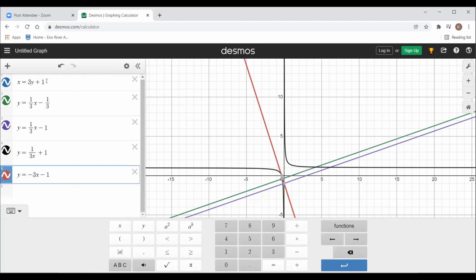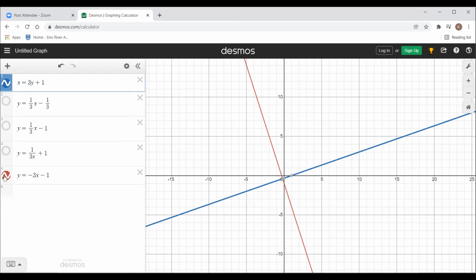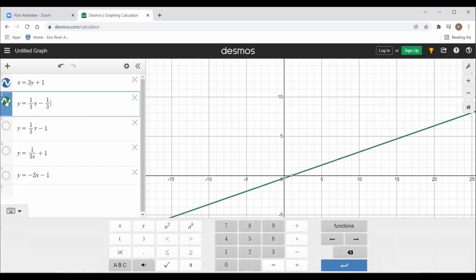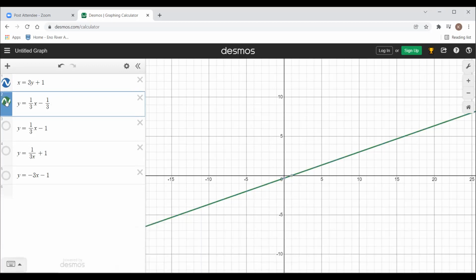So I graphed the inverse that I found by trading x and y, and then I graphed all 4 of my answer choices. Does that make sense? Make sense to everyone? Okay, so let's make sure that we can figure out which one is the same. So there's the original problem, and then green. So the first one is the answer. Exactly the same. Blue and green are the same. So when you have a problem that says find the inverse,